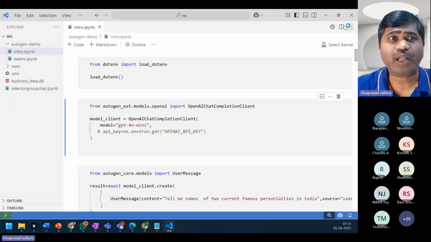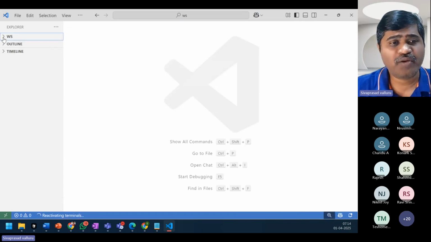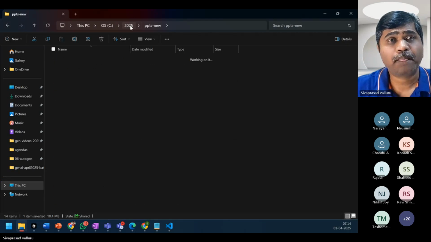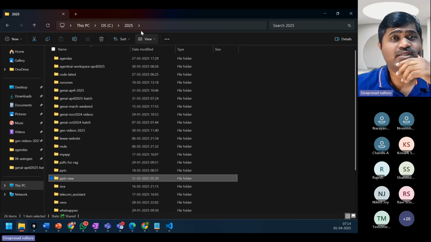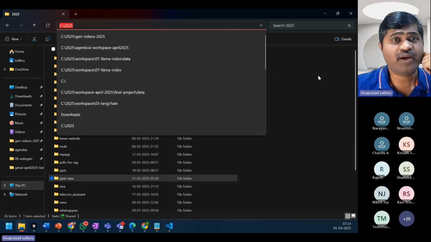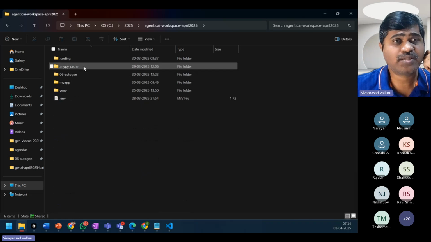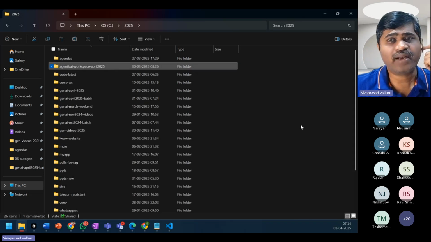Since I have used it already, it is opening some folder. Once you open it, you'll get a welcome screen actually. Then I wanted you to open one folder. In my C drive 2025, I have created a folder Agentic AI Workspace. Maybe I'll create a different folder.